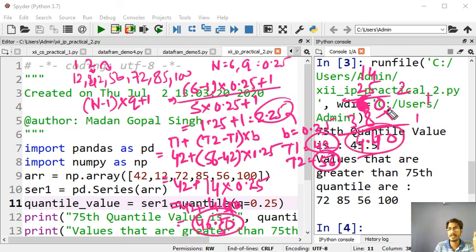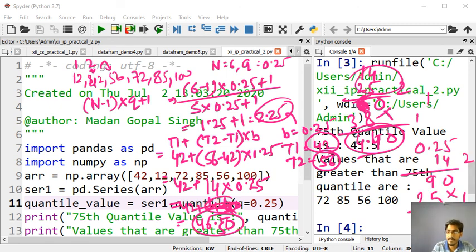You will find there might be some calculation mistake, otherwise it would be correct. I got the mistake. Multiplying 0.25 into 14 results in 3.50, not 4.50. It was wrong, so here we need to change it, and we will get 45.5. Okay, so this is how you can calculate, and here it is also getting 45.5.